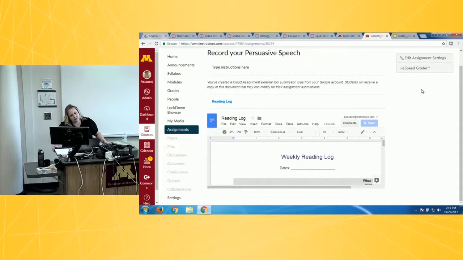Yes? So if you assign this to a group of students, could they all work collaboratively on this assignment? No, because the problem with the Google integration in this way is it's linked on an account by account basis. So if a student is logged in here, because it's not in that collaboration space, they're still only accessing the Google through their own personal account.